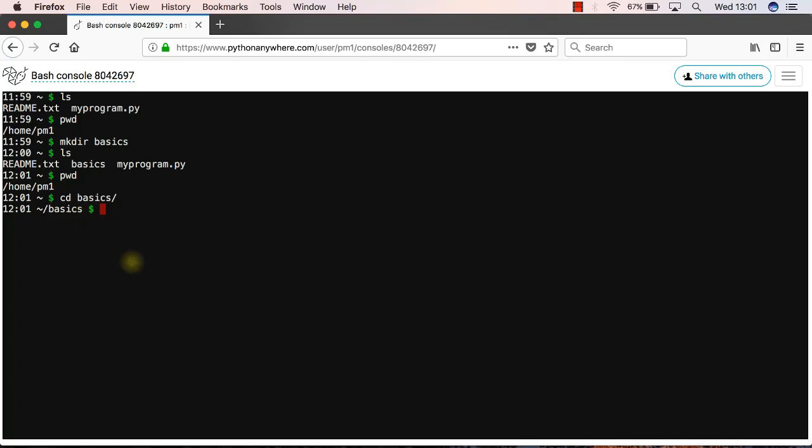But if you don't trust me, you can do pwd, and you see that you are here. ls, it's an empty folder, so you don't get anything. If you want to go back, you can do cd and two dots, which stands for one directory level back. You see that now you're again in pm1. Let's go again to